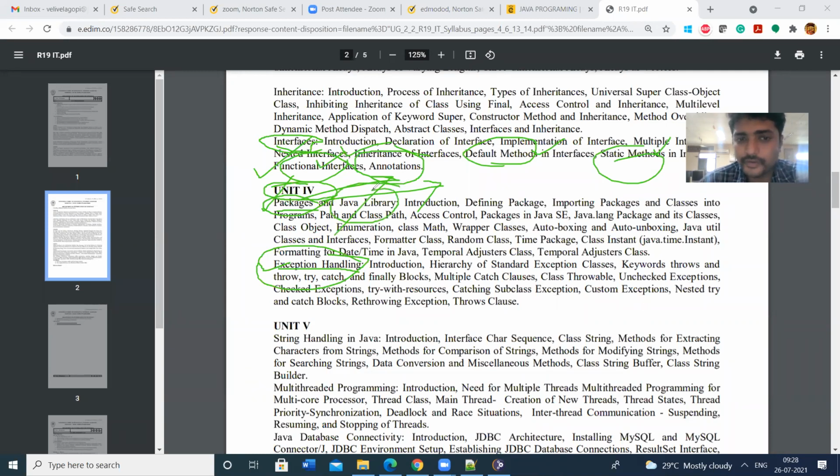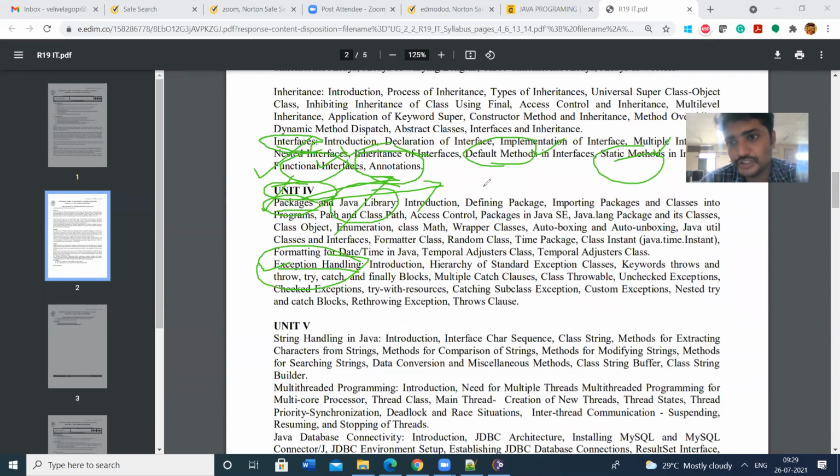We'll check how to create the user defined packages as well as how to import the predefined packages. We can import the packages by using the import keyword. Import is a keyword which is used to import the packages to your application program. Package import statements should be placed in the starting of the program.